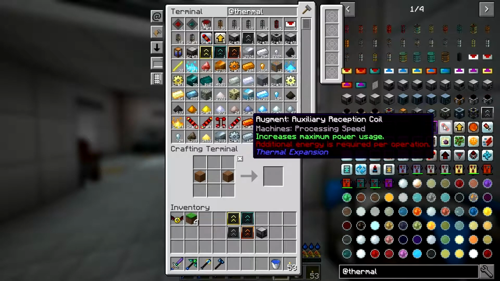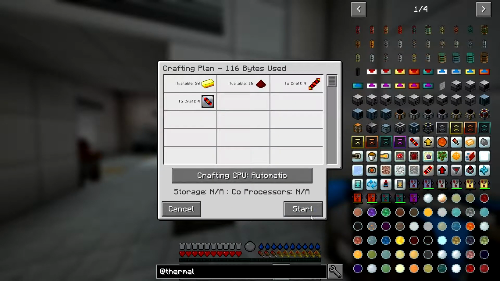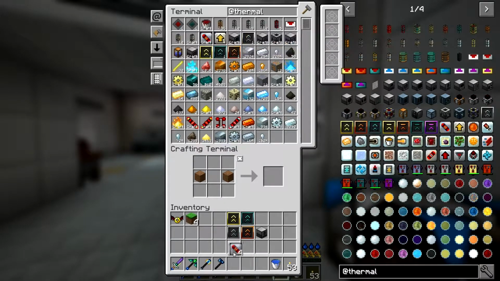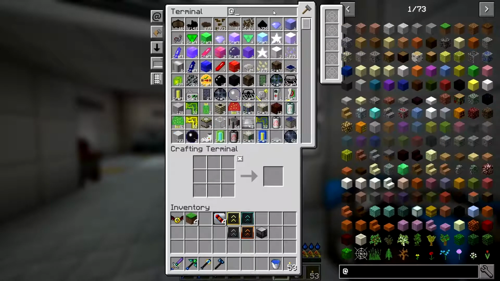So I think we just want reception coils then, just to increase the output. That increases power usage, increases processing speed. Good, so 4 of them. Got that. Okay, that's the easy part, I guess we would say. So we are going to need...